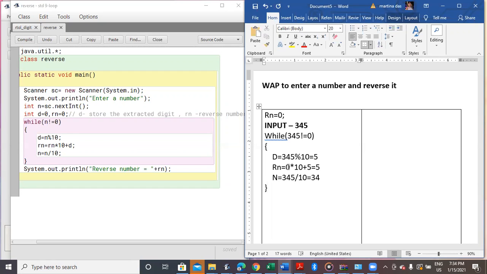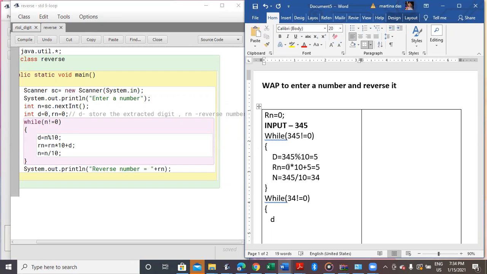So now you can see in the first loop that has taken place, in rn, the reverse of the number, the digit 5 has come. So we go for the second loop. Depending on the number of digits, that many loops will occur according to the condition that we have taken. So now the checking will be 34 is not equal to 0. So we will enter the loop body.